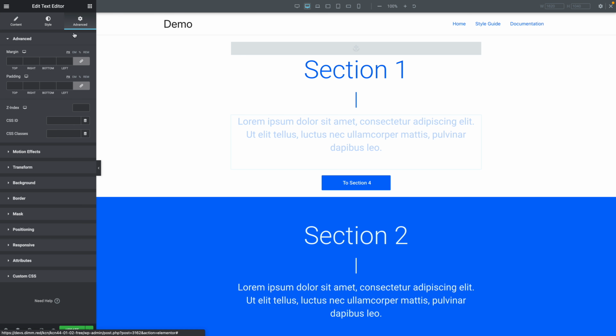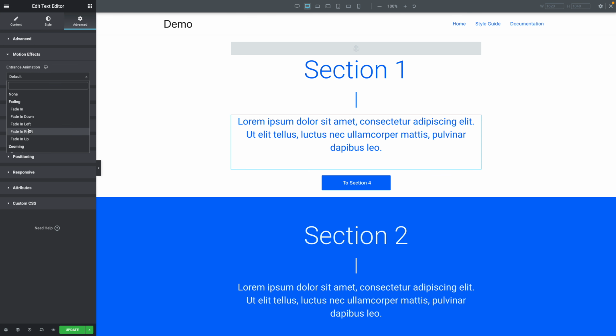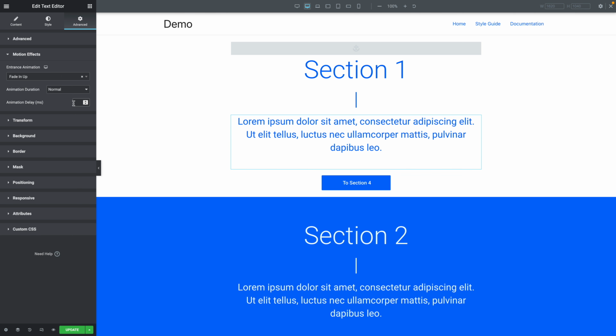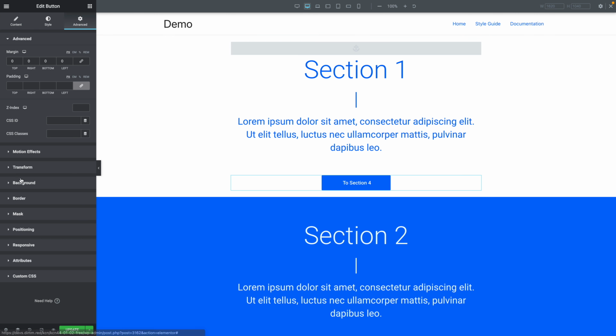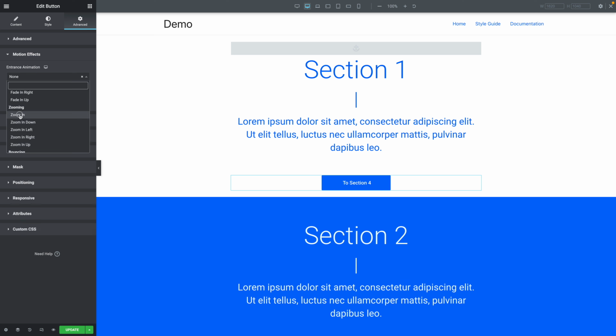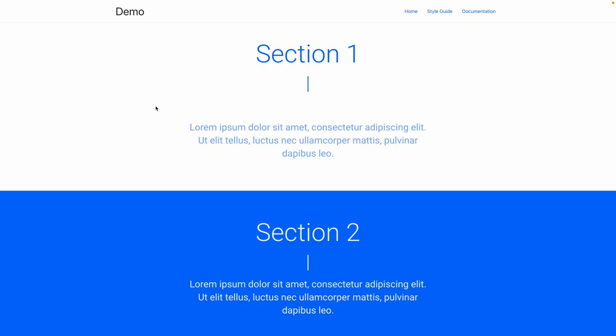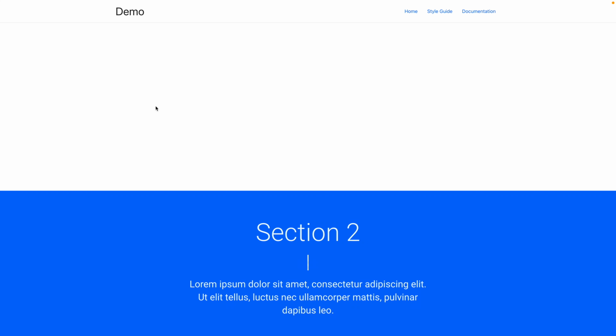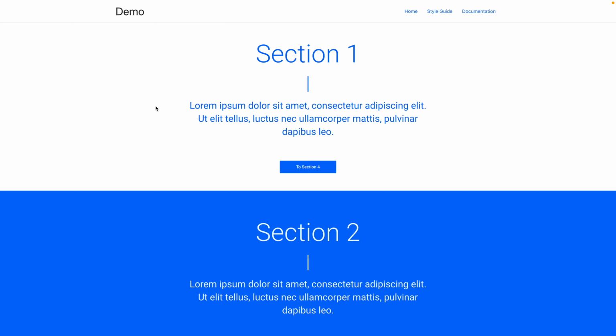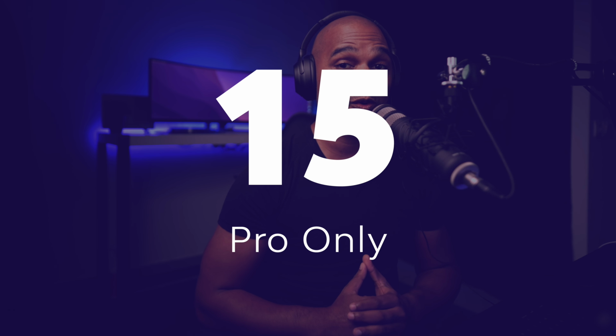Let's repeat the operation for the third one. Advanced motion effect. This time is going to be fading up. And the animation delay is going to be 800. And last but not least, our button, advanced motion effects, zoom in. And this time the animation delay is going to be 2000 milliseconds, so 2 seconds. Okay, let's click on update. And now as we load our page, you can see each element that comes one after the other with the delay that we entered. So let me refresh the page one more time. And voila,